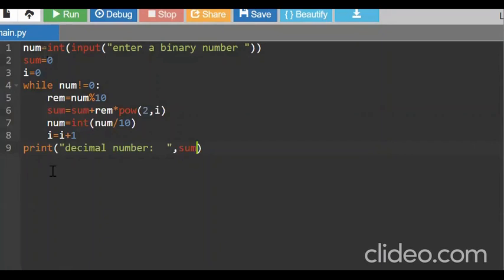So guys, here you could see I have written a Python code. In this Python code, I'm going to get the input from the user, a binary number of integer type.